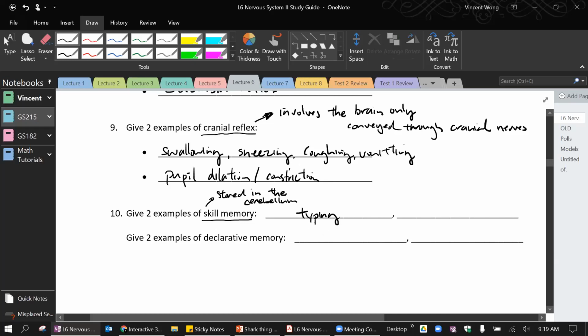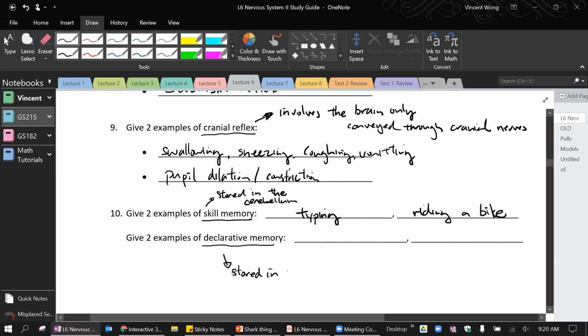Typing, riding a bike. And you will not forget how to ride a bike, even if you haven't ridden one for 3-4 years. But these things that you are trying to remember for the test, if you don't study for it, you will forget maybe after a month. Because these factual memories are called declarative memory. And rather than being stored in the cerebellum,